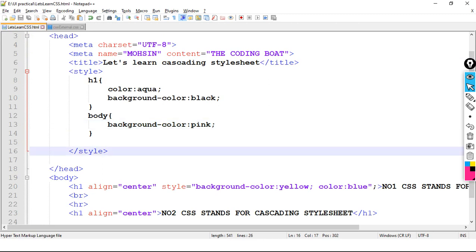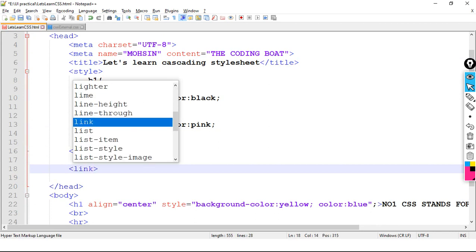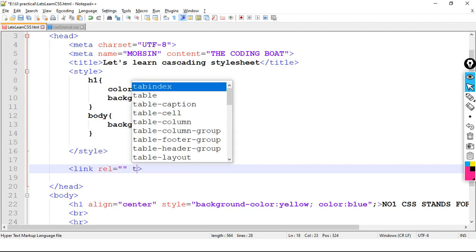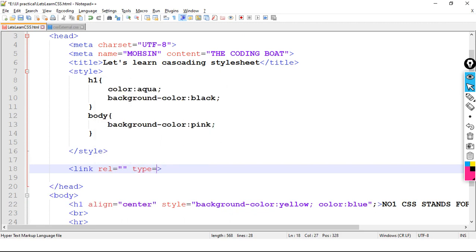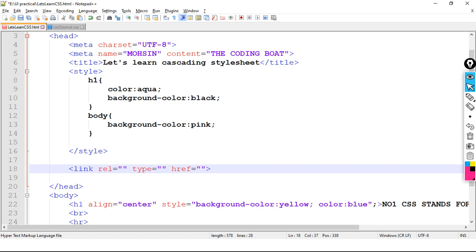So what I will do, I will write link tag in head section. And what are the attributes we have in link tag? We have rel, then type, then href. These three attributes we have.